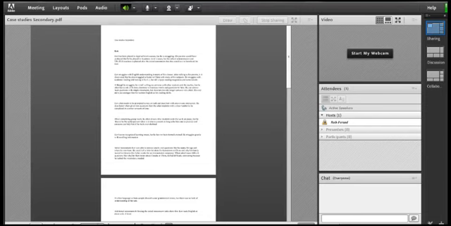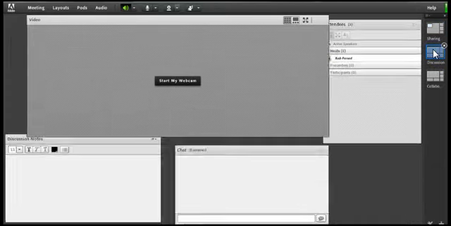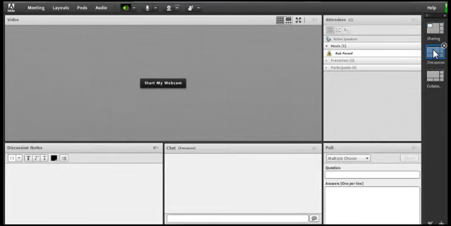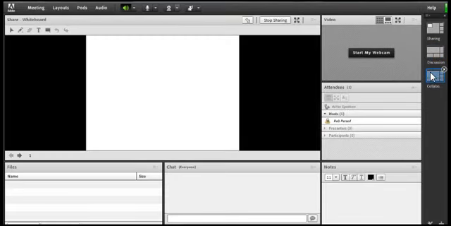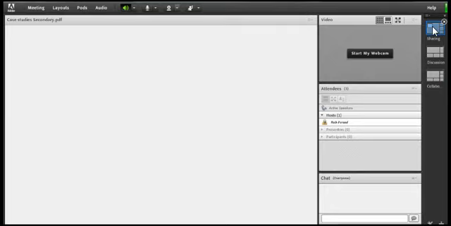So as I discussed earlier, this is one of the standard layouts for Adobe Connect. If you look in the corner here, there's three different types of layouts. We have the sharing layout, which we're on now. We have a discussion layout. If I click here, it gives us a new format of the way our Adobe Connect can look, a collaborative sort of discussion area. So what we're going to do is go back to sharing, the original layout that we had,